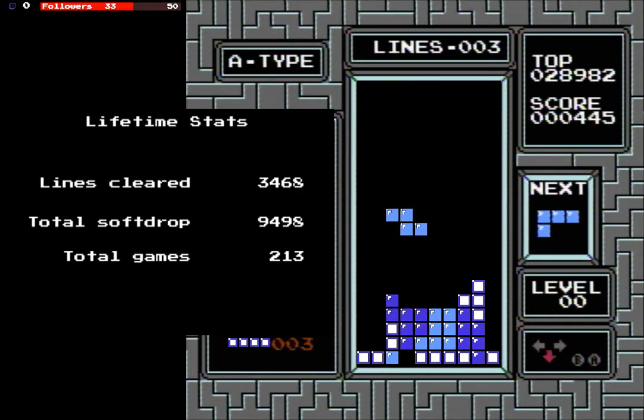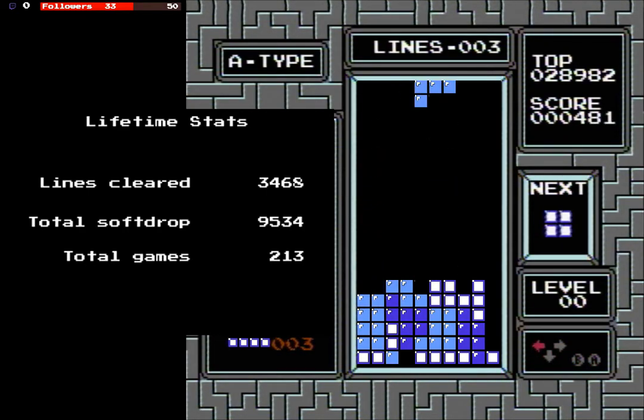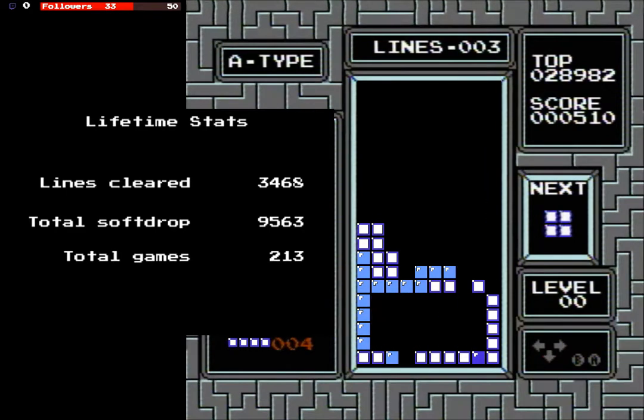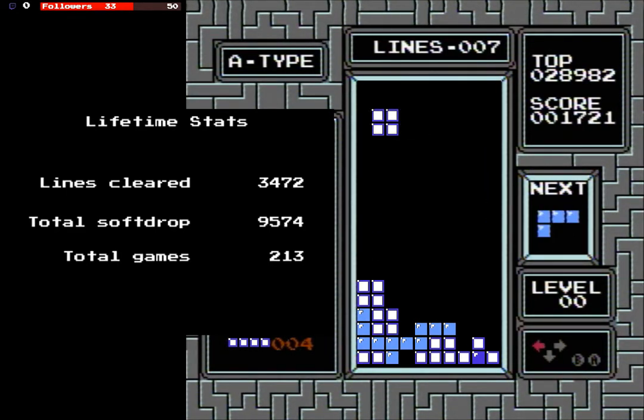So yeah, it has total lines cleared. I wonder if that actually is accurate up to the current game. Let me have a look. So that's 3, 4, 6, 8. Yeah, so that's total